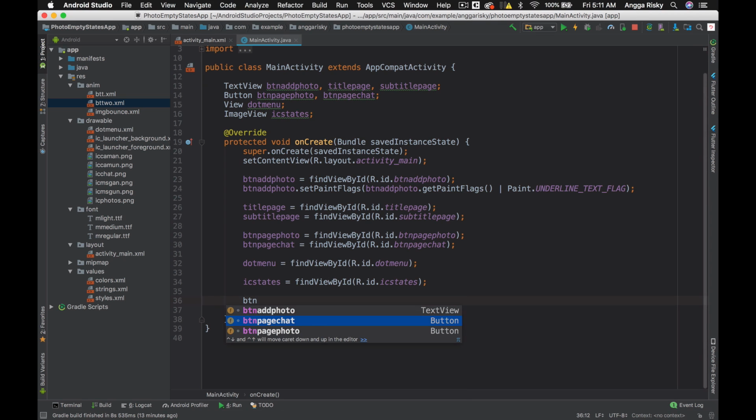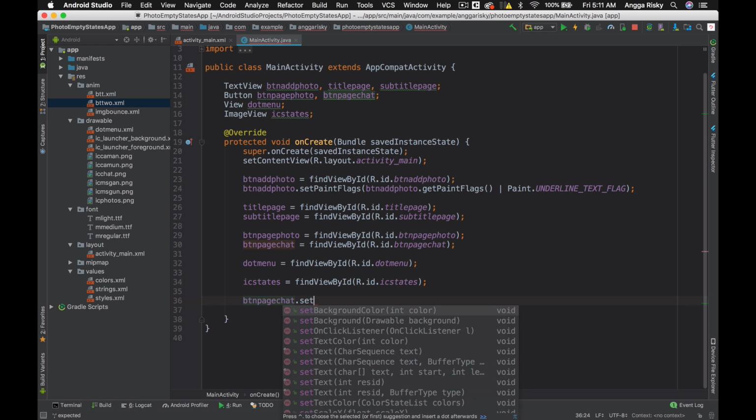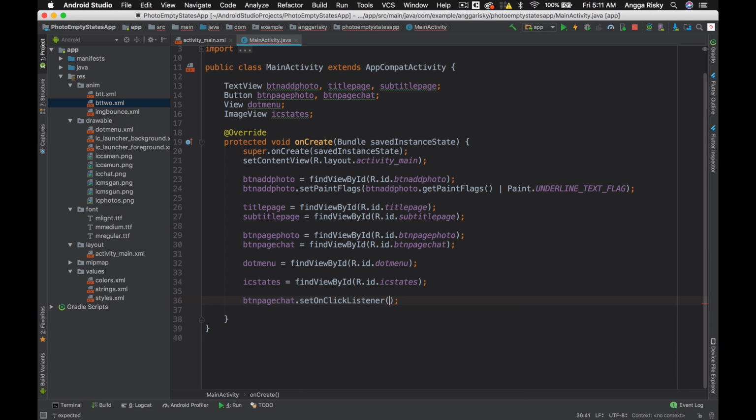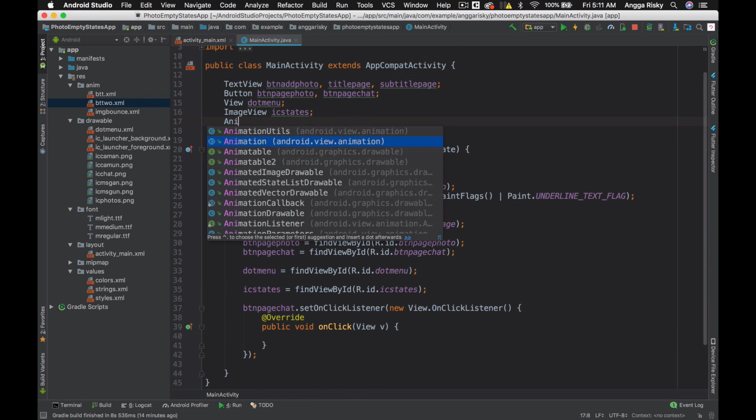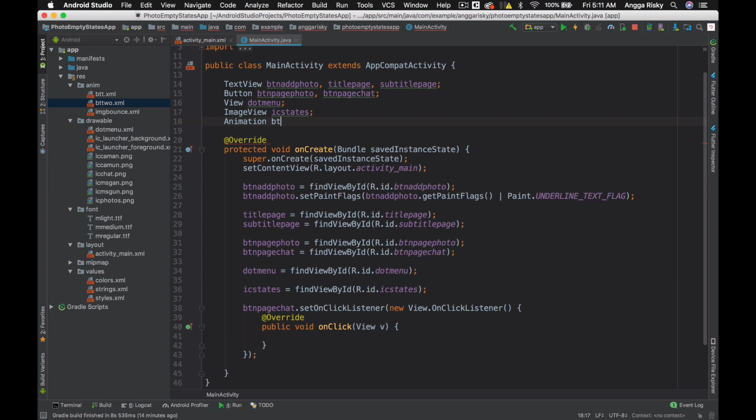So button page chat, set on click listener. We have to use the animation here, so that's why we have to register the animation here for the BTT and BTT2 and then EMG bunch like this.